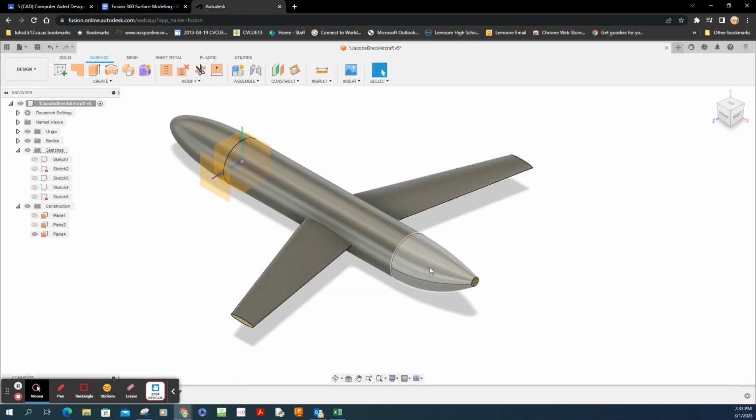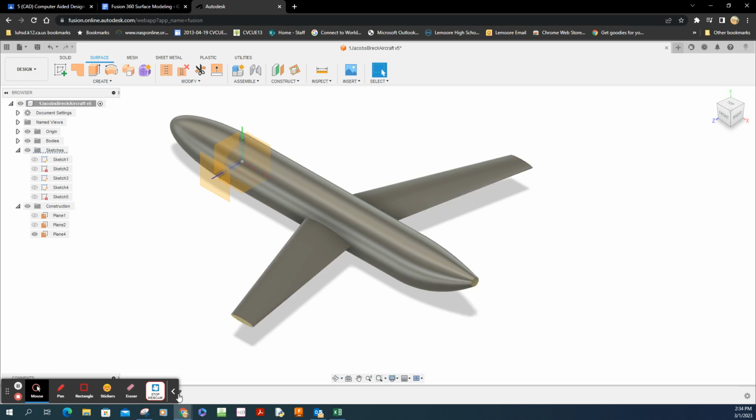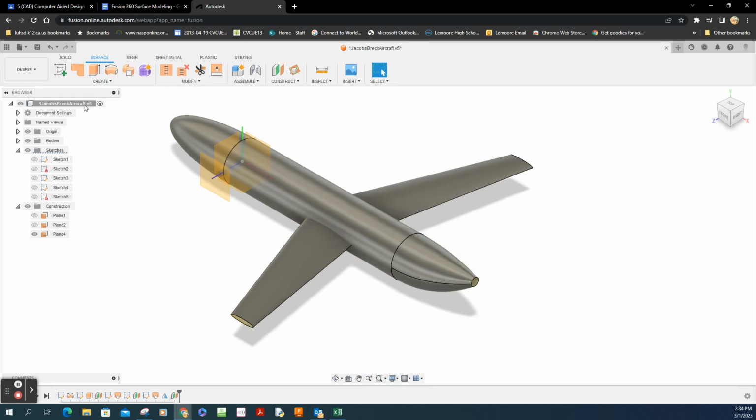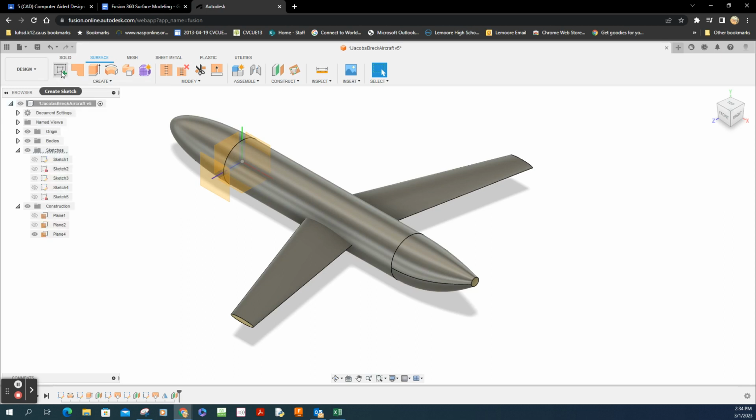So when you take a look at your wing here, you notice that I can see the edges of certain shapes, right? And that's because on the display value here, your visual style, I'm not just on shaded. If you're on shaded, then what that's going to show is just the surface with no edges shown in the shaded region. So change your display settings if you want to see those visible edges, because it does help you place those objects correctly.